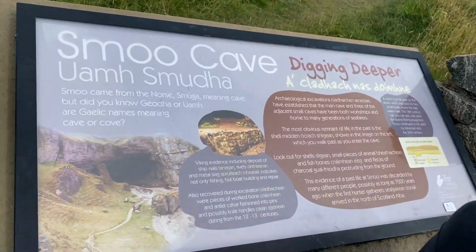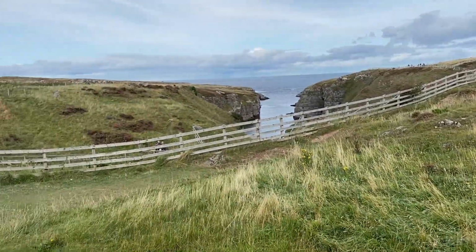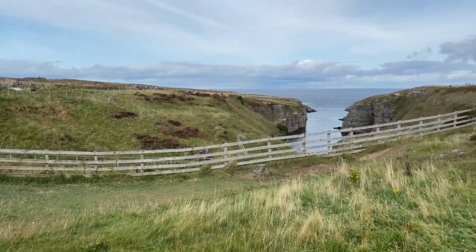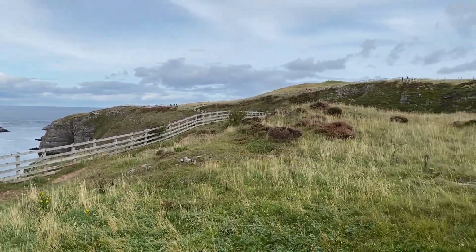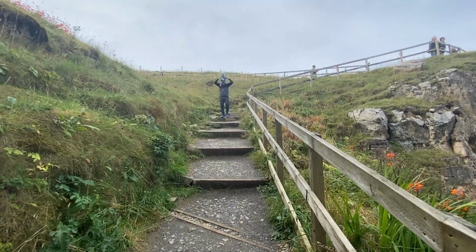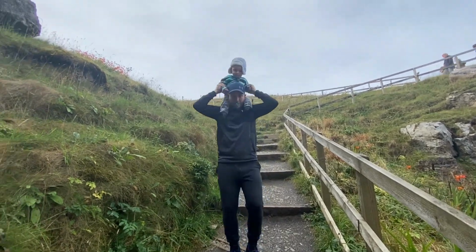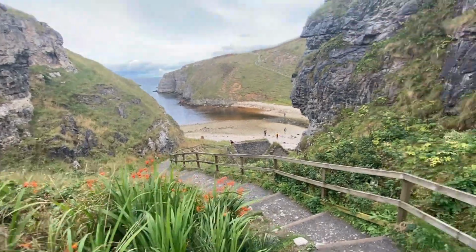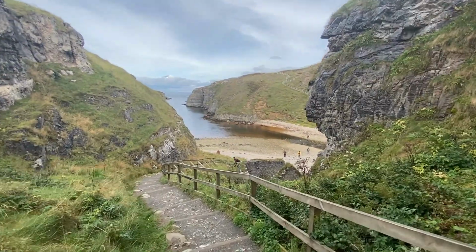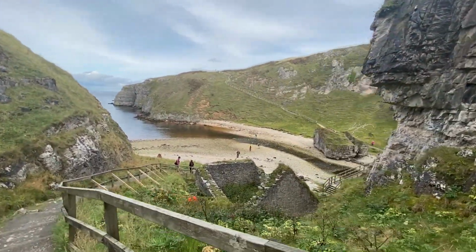About 6 minutes driving from the zipline, there is another attraction we decided to view. It's called Smoo Cave, and basically there is a beautiful cave that you go inside. There is a waterfall over there. We were actually standing in the queue for about 40 minutes. So you need to prepare yourself that there are other tourists, and as well